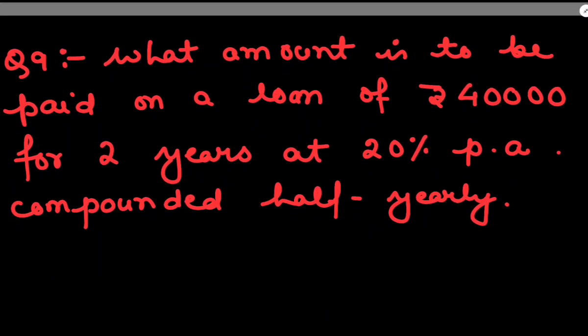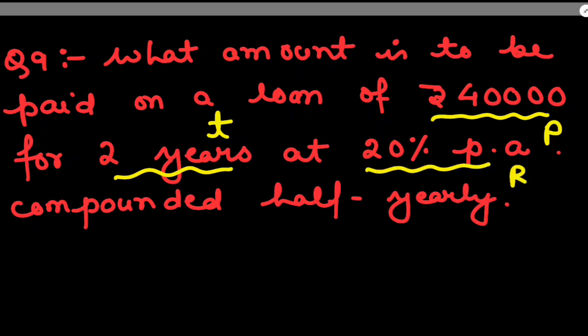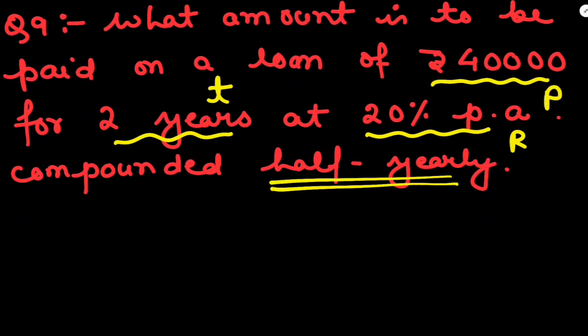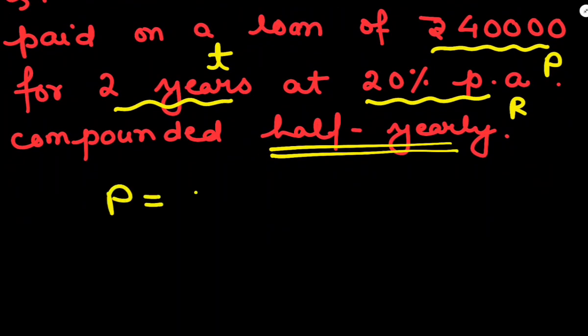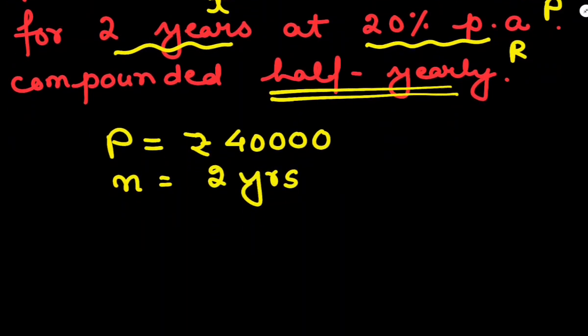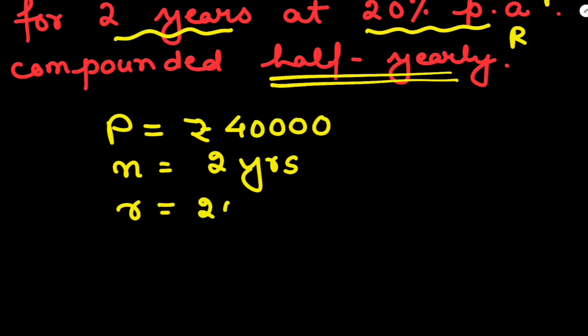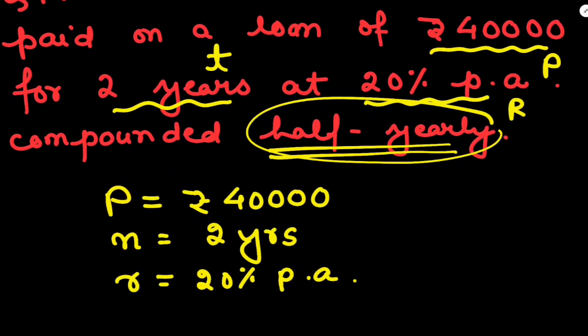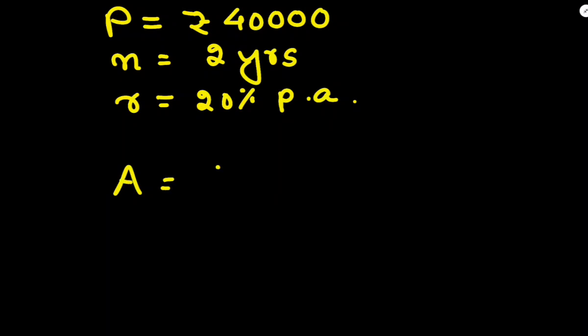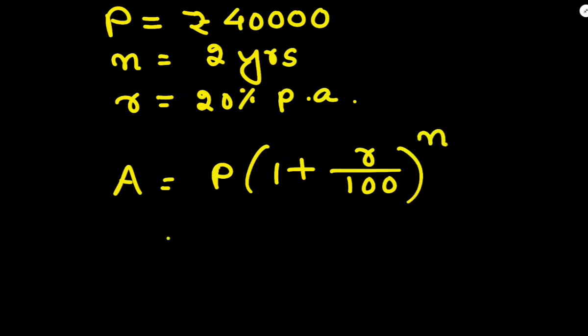Now question 9: what amount is to be paid on a loan of this, so this will be your principal, for 2 years, this is my time, at 20%, this is my rate, compounded half yearly. Okay, very interesting, half yearly. Let's write down the given data one by one: my principal is 40,000, my time is 2 years, and my rate is 20% per annum. So now we'll need a half yearly kind of formula. So for compound interest, amount is P into (1 plus R by 100) to the power n, so principal is